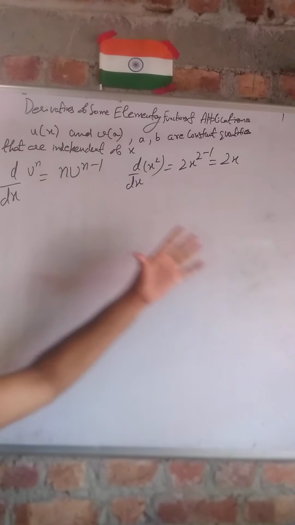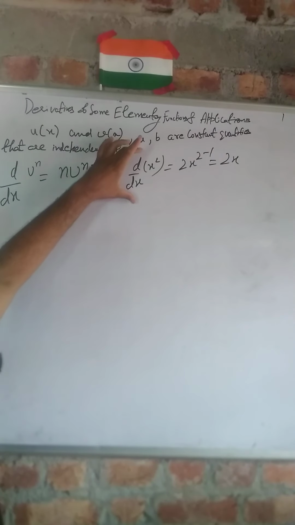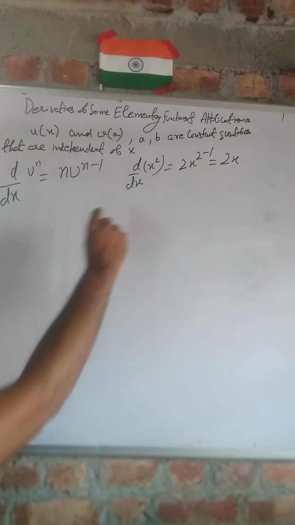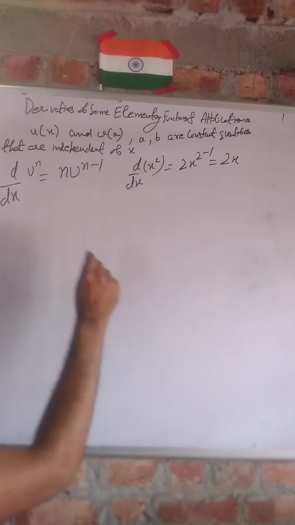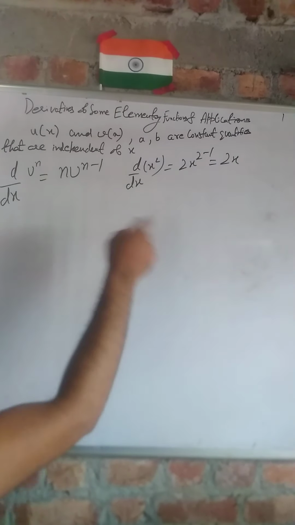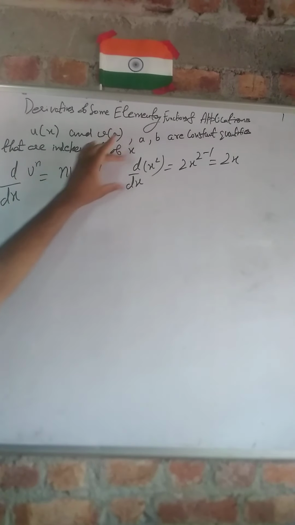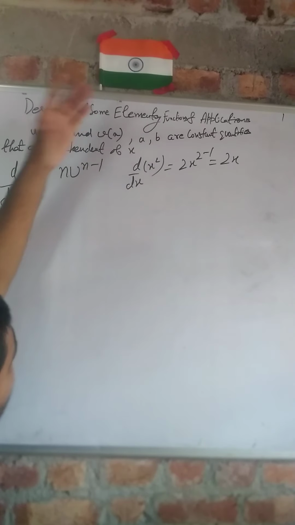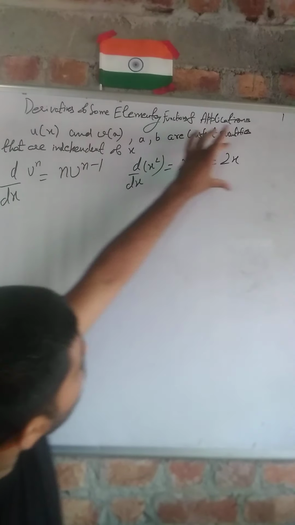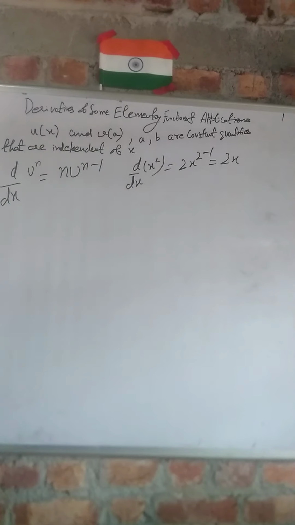तो इसका मतलब क्या है? So अगर मैं बोलूं कि you have some function x square और उसका डेरिवेटिव या रेट ऑफ चेंज 2x आ रहा है, it means, इसको बच्चों बहुत ध्यान से सुनना, इसका मतलब क्या है? What is the deeper meaning of this? It means that अगर आपके पास कोई भी फंक्शन x स्क्वायर है, for any value of x, जो उसका रेट ऑफ चेंज होगा that will be equal to 2x. ये है बच्चों इसका मतलब. For any value of x, what will be the instantaneous rate for that value of x, that will be equal to 2 times x. This is the meaning of that derivative in this case.